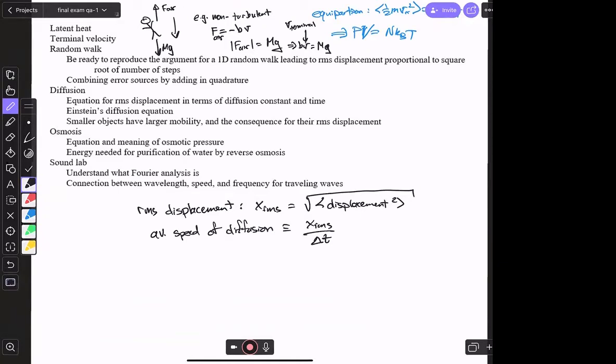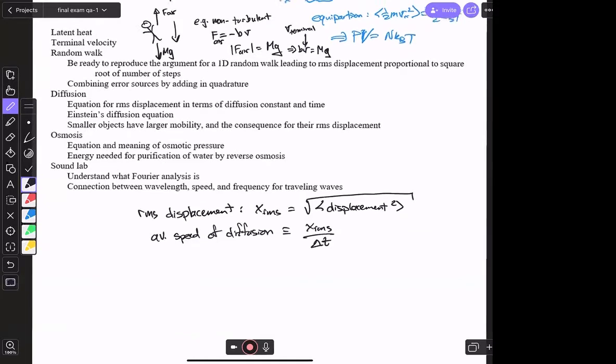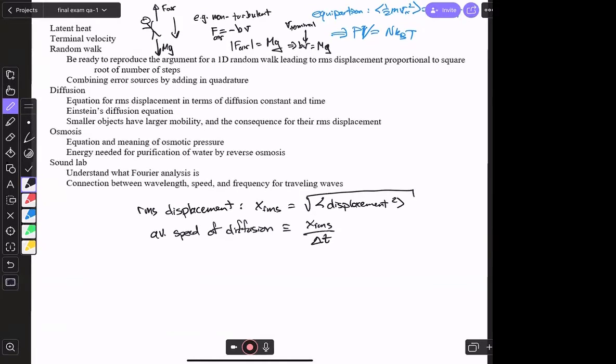I would not call this an RMS velocity though. So RMS velocity is actually not a term that we have used in this class. I did accidentally let through a usage of it, but I was aware it might confuse you. So I would rather you think about the term just average speed. But you might encounter it in other contexts. So the RMS velocity would be the square root of the average of the velocity squared.